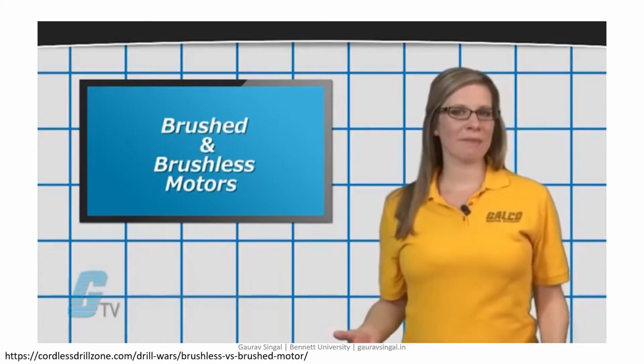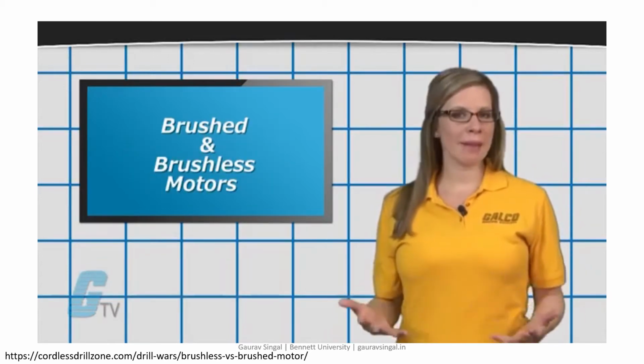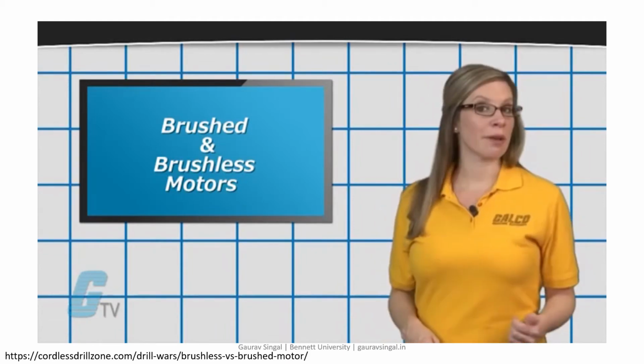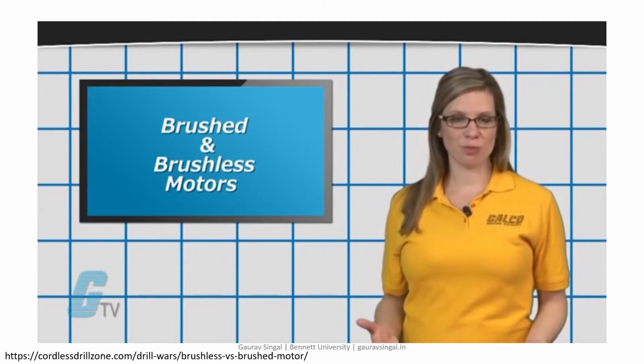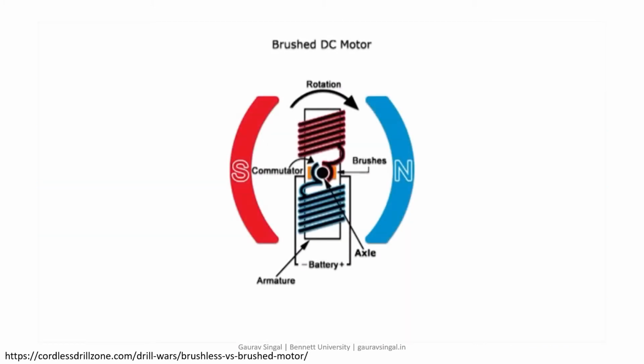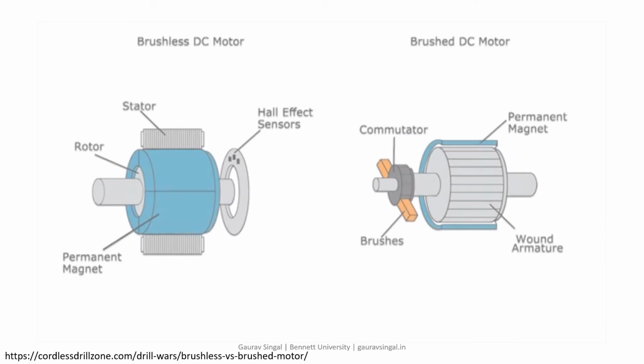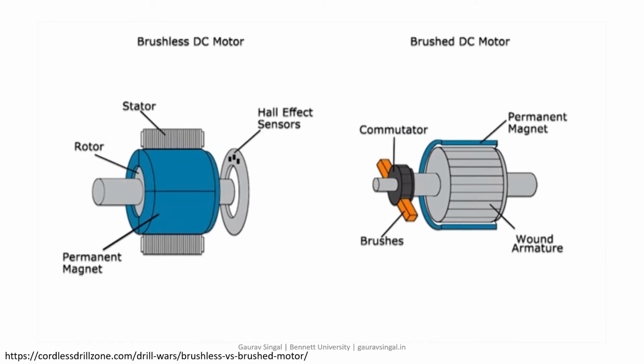Depending on your application requirements, you may be able to gain additional efficiency by choosing either a brushed or a brushless motor. Brushed motors have simplified wiring. They can be wired directly to DC power, and control can be as simple as a switch. They are also typically less expensive than brushless motors. However, brushed motors are less efficient.